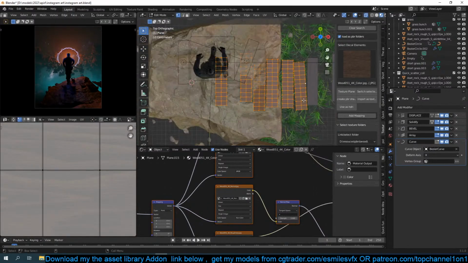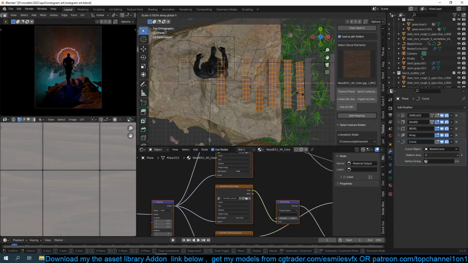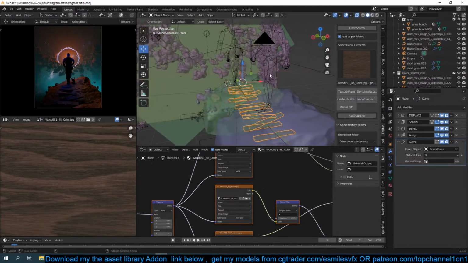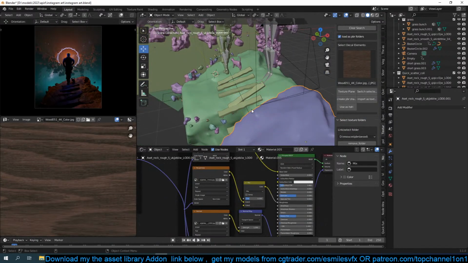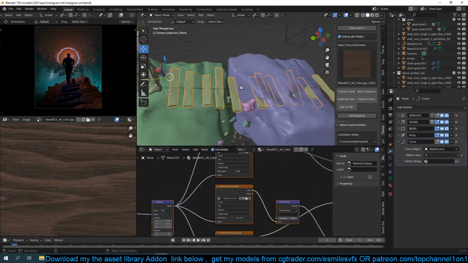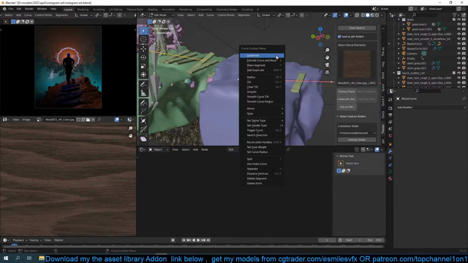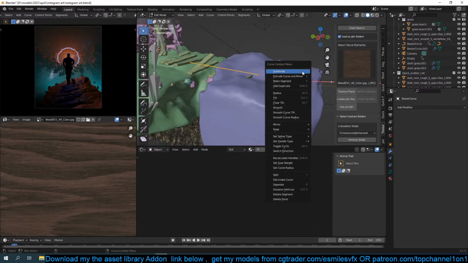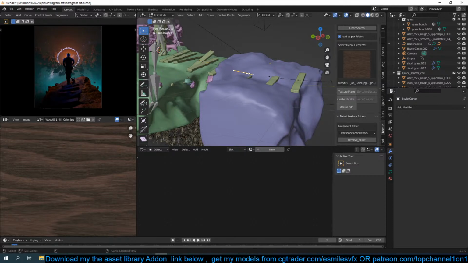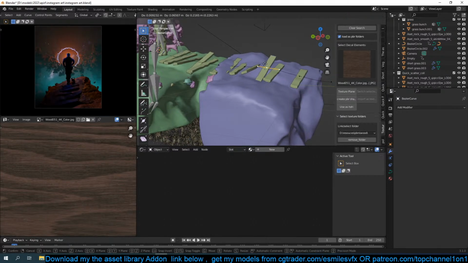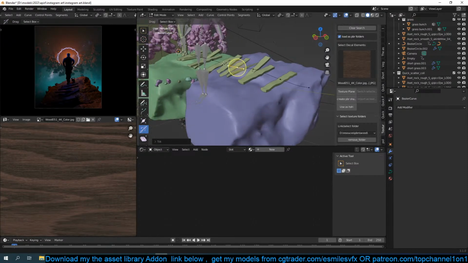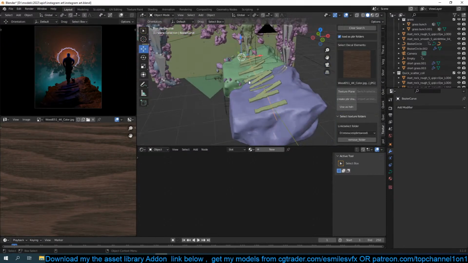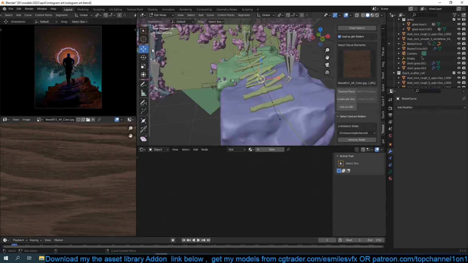And just make sure that these pieces, and you can even rotate, yeah, these pieces if you want. So like a very dangerous bridge, and